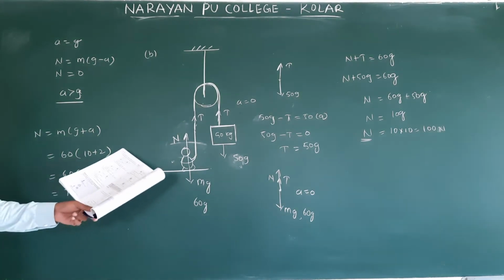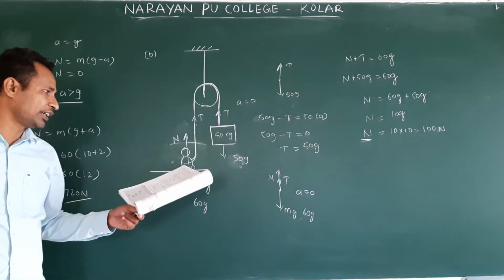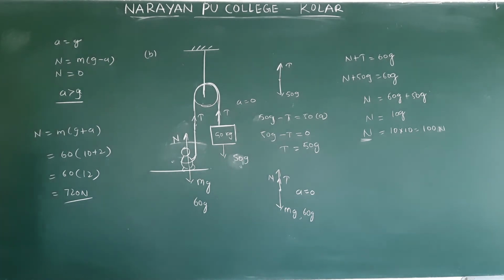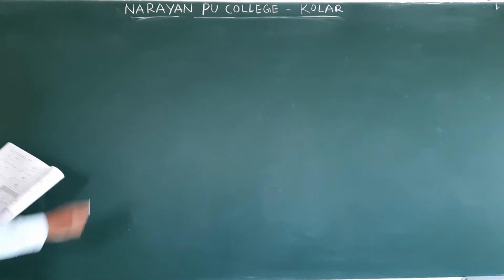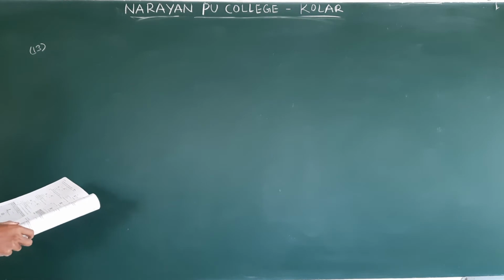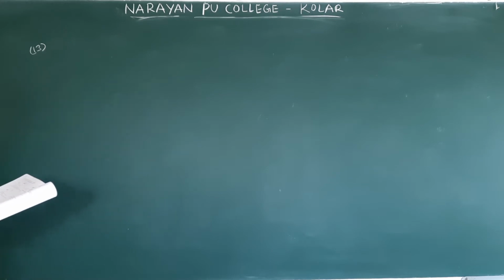Clear? It is not accelerating, just it is holding. We draw the free body diagram for this, and we draw the free body diagram for this, and we equated, we calculated L. Clear? Now we will see the next question, 13th problem. 13. A pendulum is hanging from the ceiling of a car having an acceleration a0 with respect to the road. Find the angle made by the string with the vertical and tension in the string.